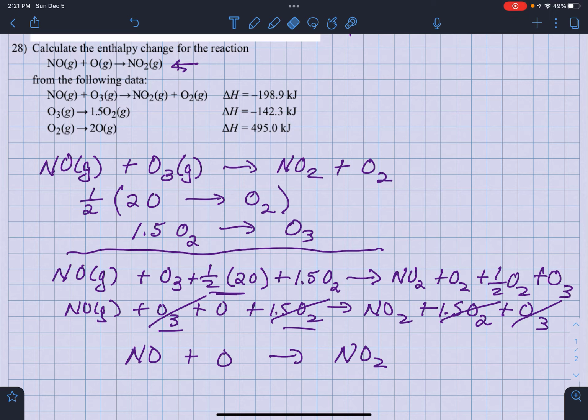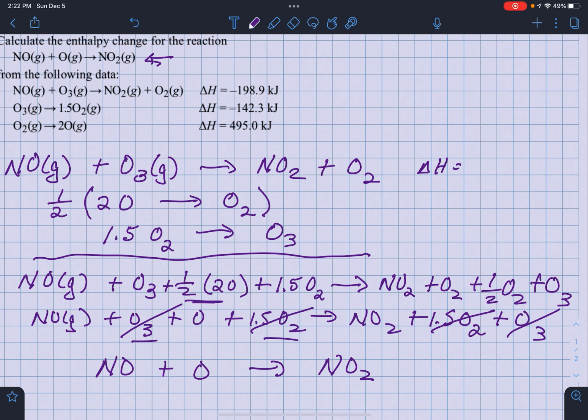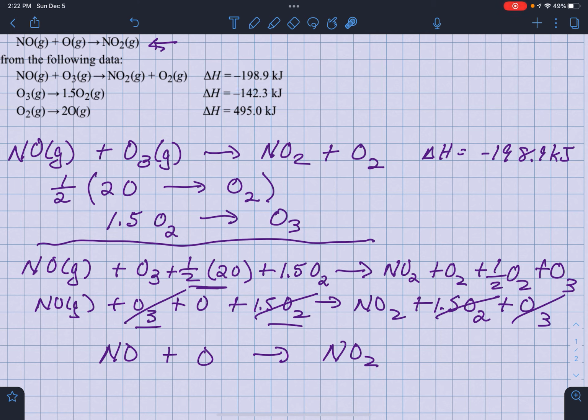All right, so let's just write these in again. So the enthalpy for reaction 1 was delta H equals negative 198.9 kilojoules. For reaction 2, okay, so then for this reaction here, which was reaction 3, we multiplied that by 1/2 and we reversed it. So that means what we're going to do for that reaction, let's just label these, for this one, is take 1/2 times delta H